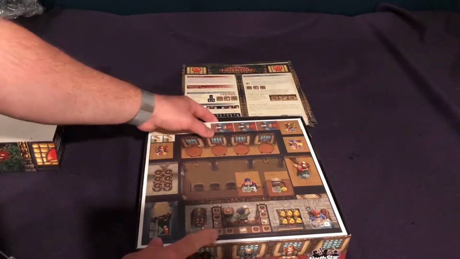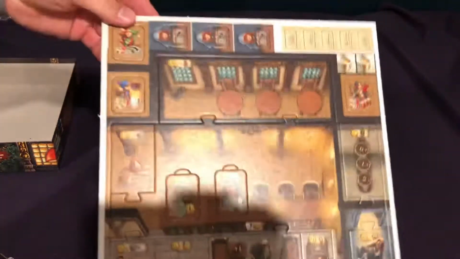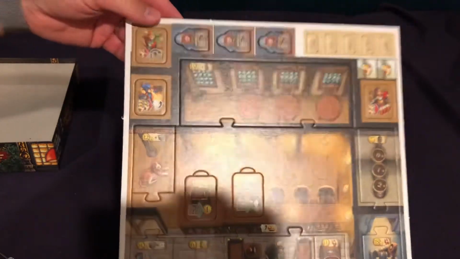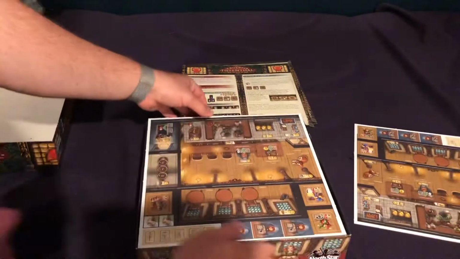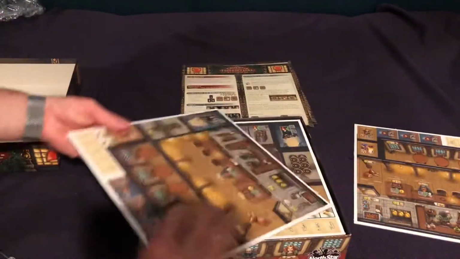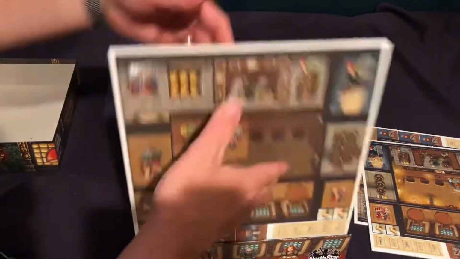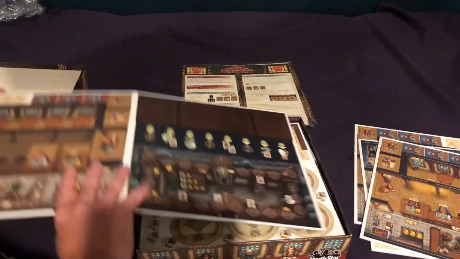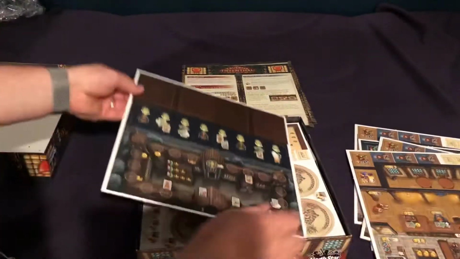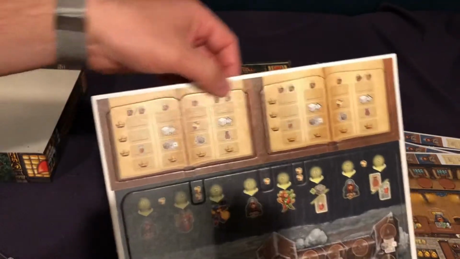All right. So anyway, let's take a look at the components here. We've got standard thickness cardboard. They're very nice. It's very Euro-y in their art style, which is good. I love me a good Euro game. So we've got that punch board right there. Looks like we're going to have one of these for each player. Same deal. 2, 3, and 4. And then we have this monastery board right here,